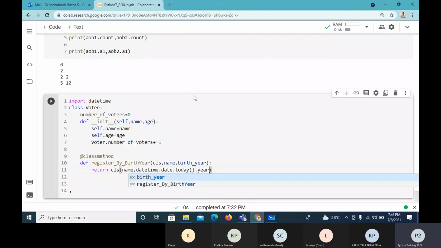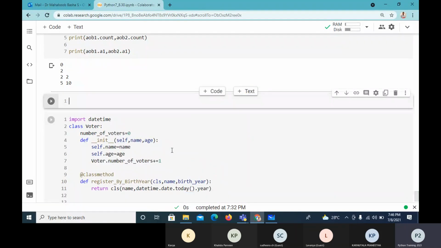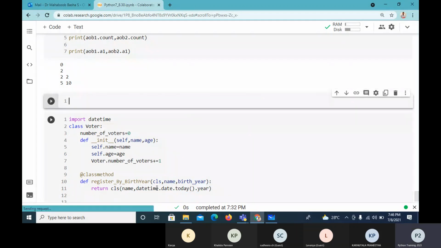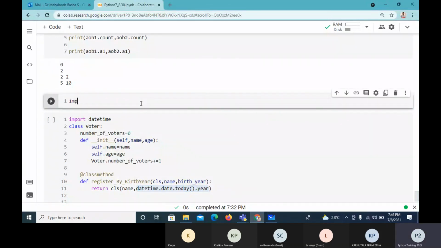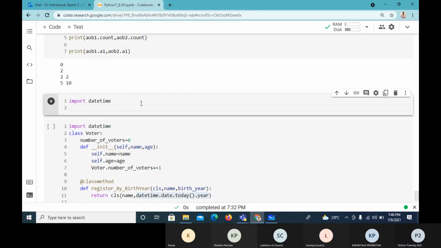Now, if you want to see what it gives, I'll just take this. I'll say import datetime and I'll print this, just to let you know what it is giving.